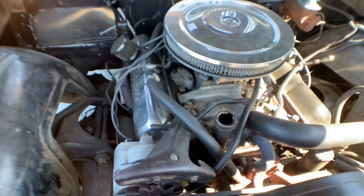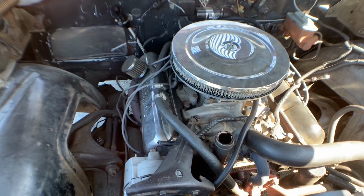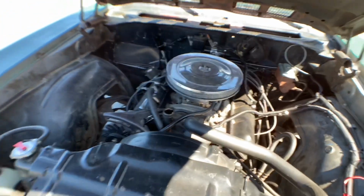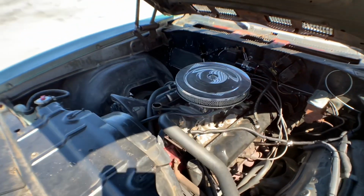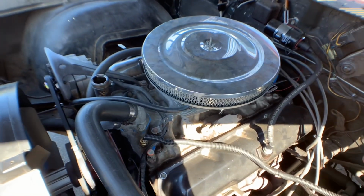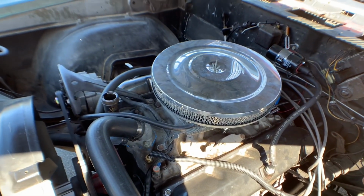And we got a smog era 454. Now the engine is a turd also, that 454 I got. My friend Dre built it stock. He replaced gaskets, seals, the rings, everything on it. And we put a